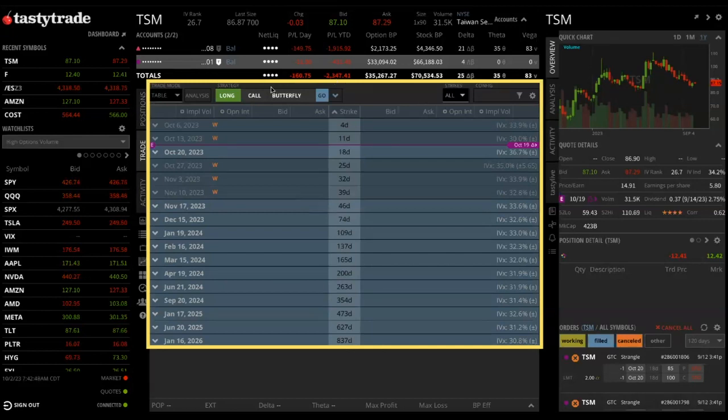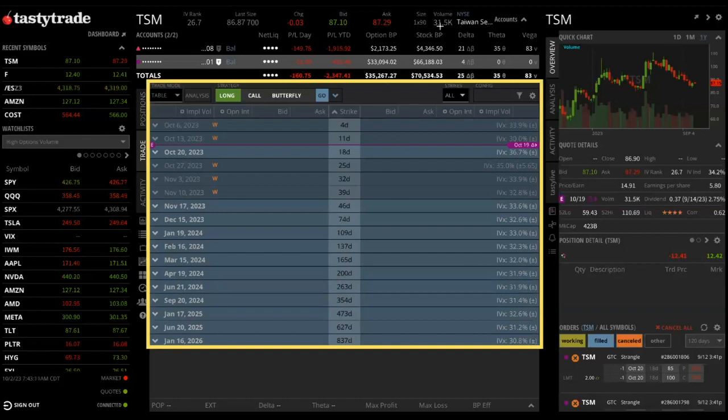Now, once you have your symbol and you've queued up the trade tab, you can either go straight into the options chain, or you can go into the strategy selector. So in this case, Andre, if I'm saying that correctly, you're asking about 0DTE. Yes, we do. And the way that you would find 0DTE options now, TSM doesn't have any right now, but